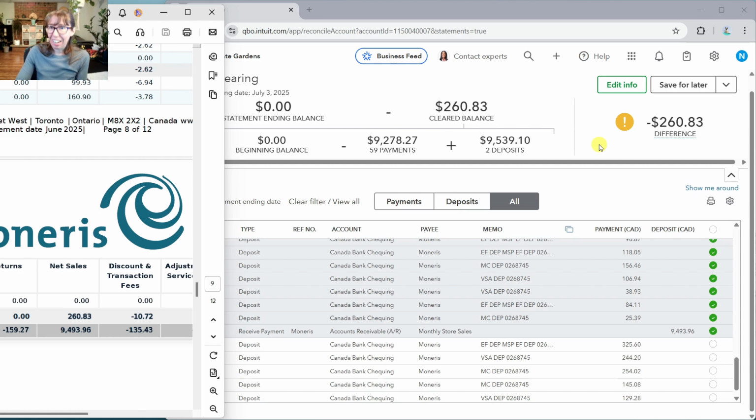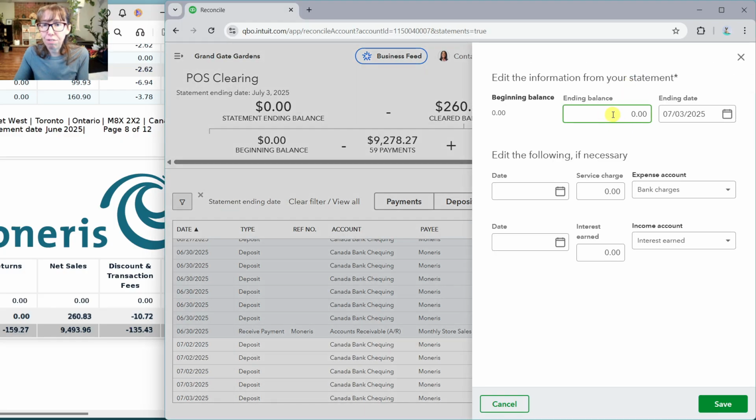So we're getting there. So what are our options in this case? Well, the first option is, since we know that up to here, this 9493.96 includes all of the Moneris deposits for June 1st to June 29th, we can just say here on our edit info that